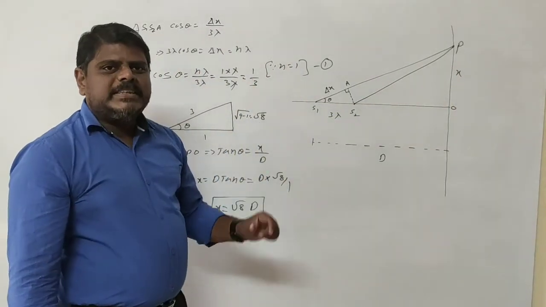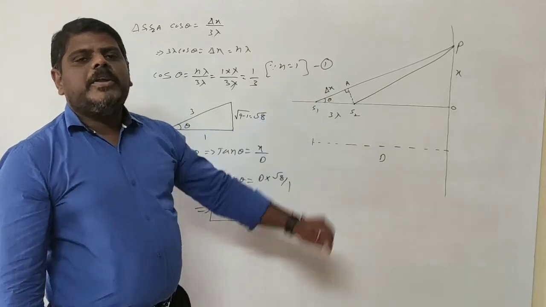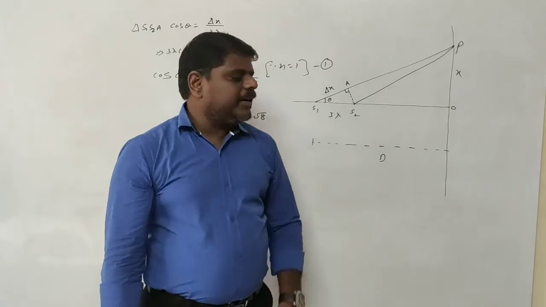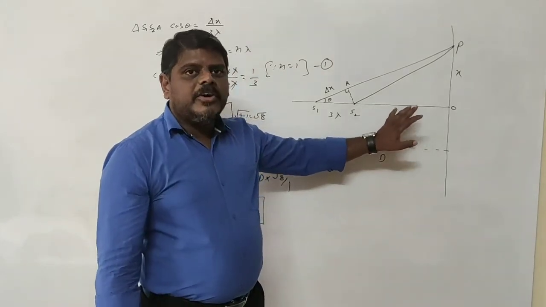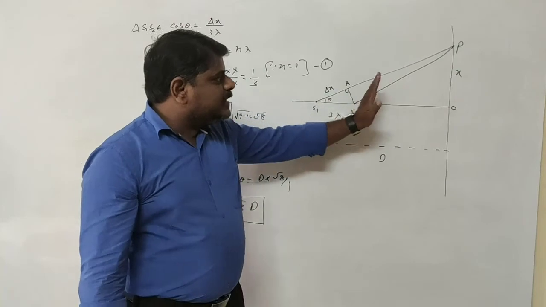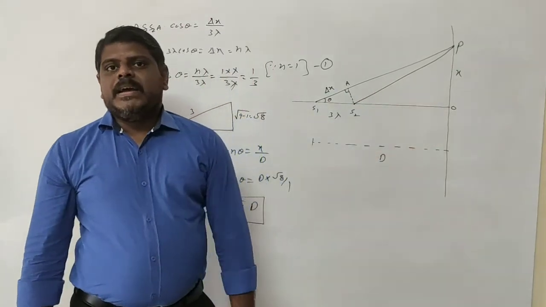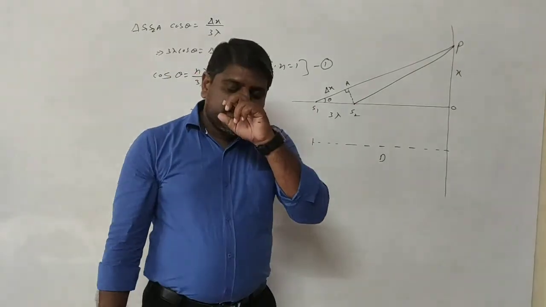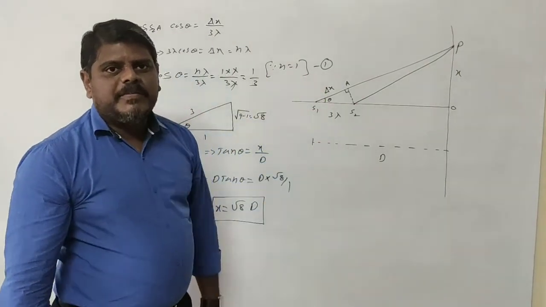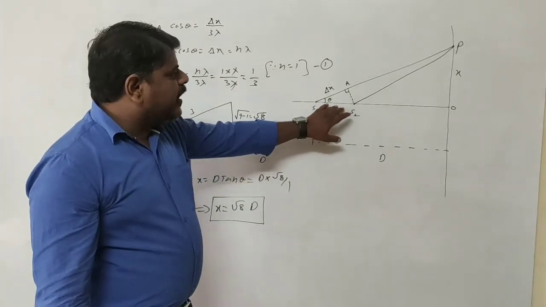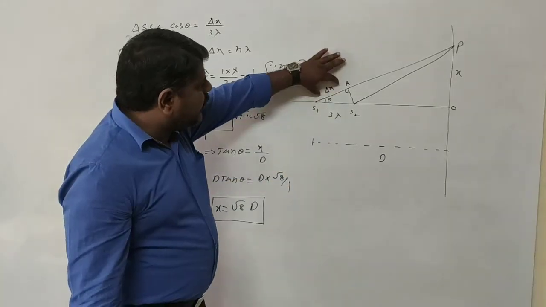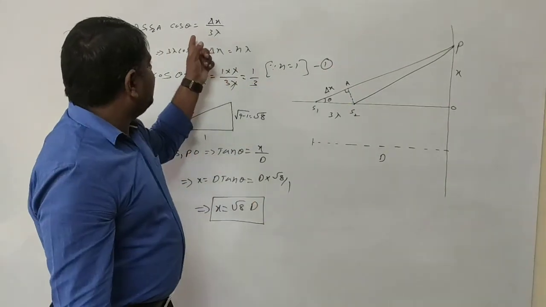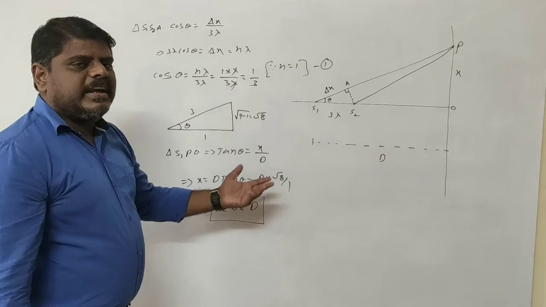What is x? X represents the minimum distance of the point where you are going to get the bright band, which means it should be the first bright band. Remember very carefully here, we are not going to use sine, because the screen is perpendicular to the plane of the slits. In the normal slit experiment, the screen is parallel to the plane of the slits, so in the normal fringe width you take sine theta, but here you have to take cos theta. Why? We have to find the path difference based on the slit width itself. If you remember this difference, it will be very easy.